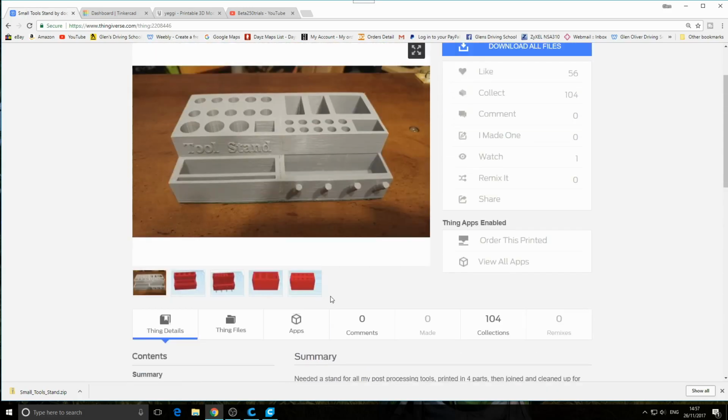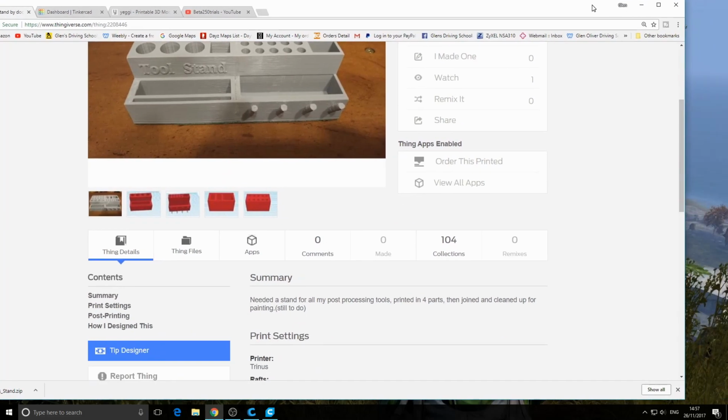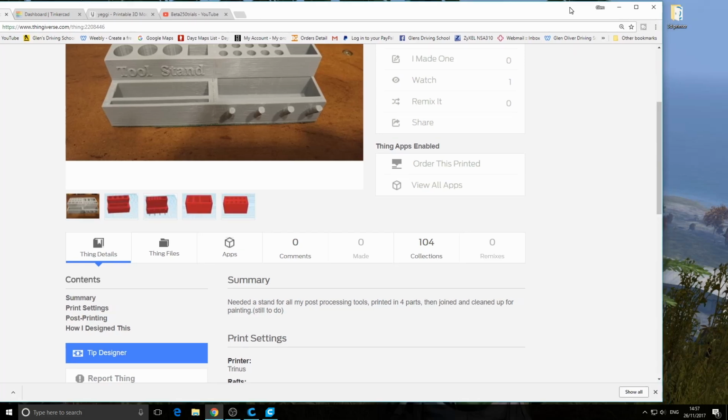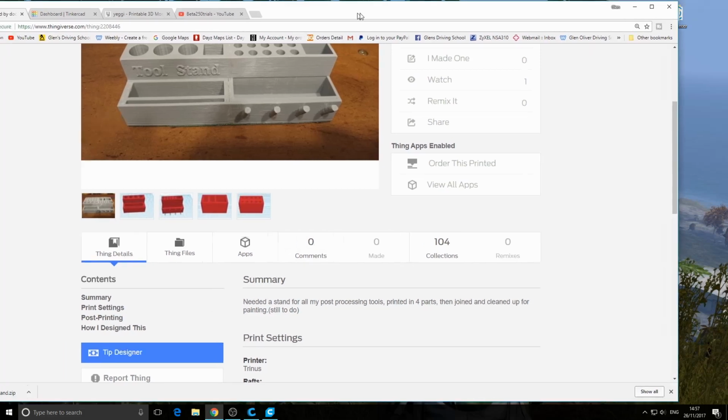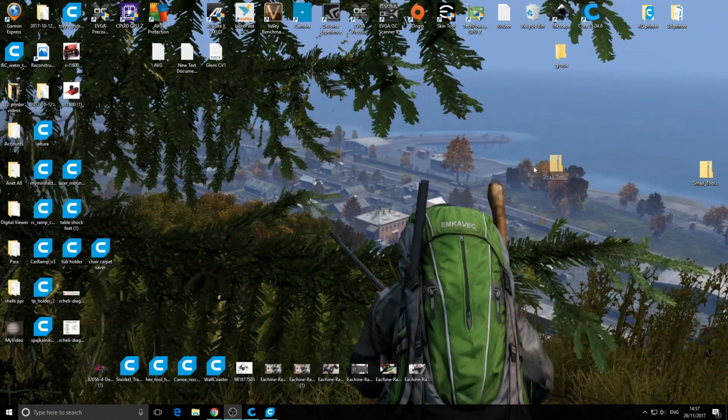It's up to you how you print it and what colour you use and that type of thing. So what I'm going to do now is just drag this over a little bit so you can see my desktop. And then I'm going to drag this just to a space, put it on my desktop. That is there. If I close that down, there it is there. So that's the file. If I open it,